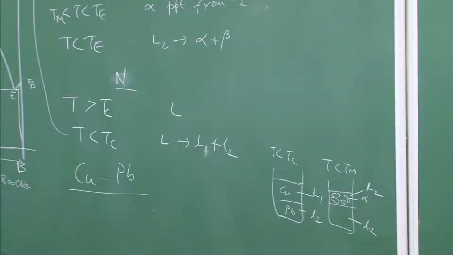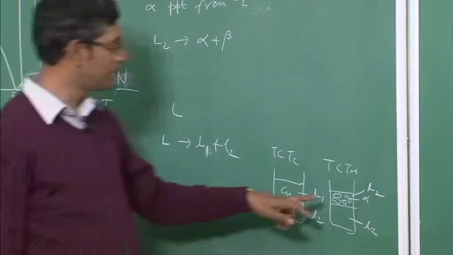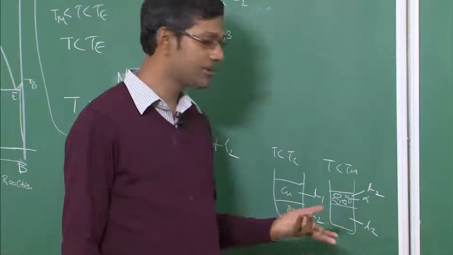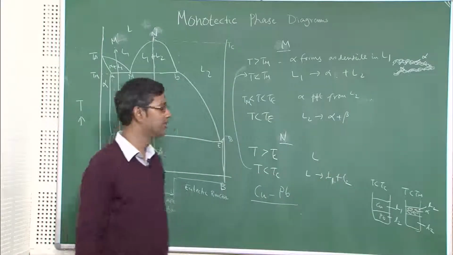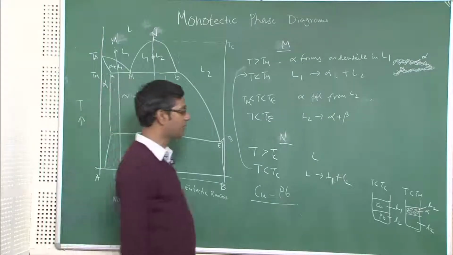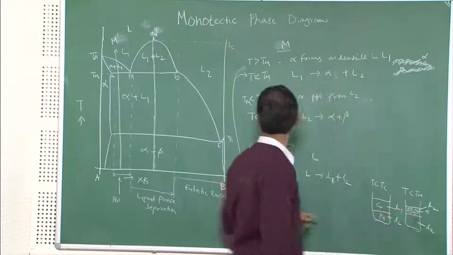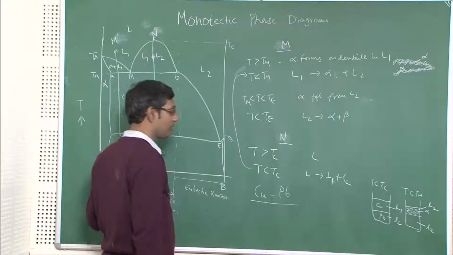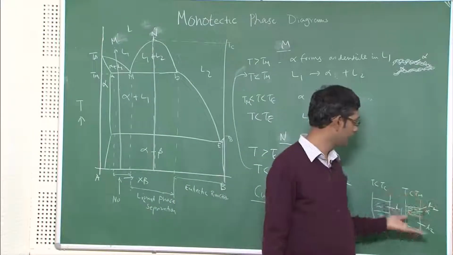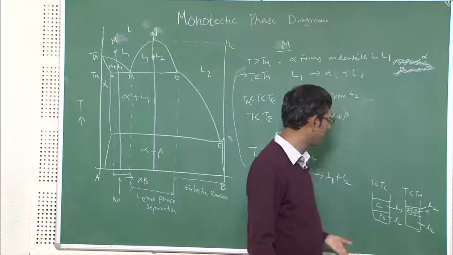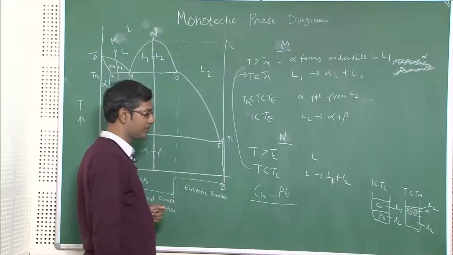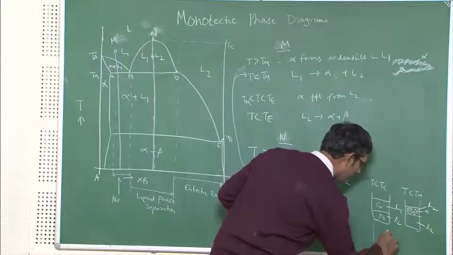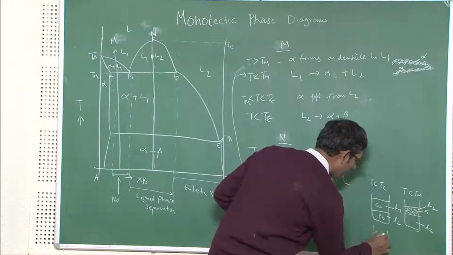So, you got it clear. This L2 which is there will have almost the same density as the bottom L2 and will just go down, and because of that these dendrites which form, alpha, a copper-rich or aluminum-rich solid solution, will float in the liquid. So, finally, this L2 will undergo a eutectic reaction. Finally, what will happen if I draw this picture, you have alpha dendrites